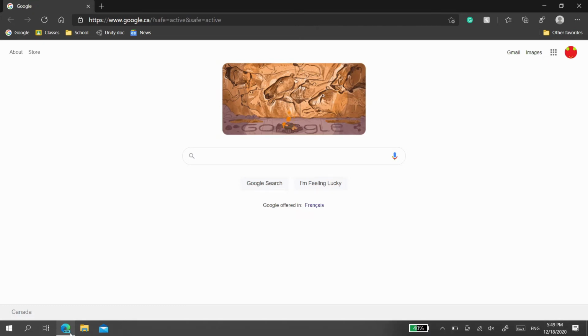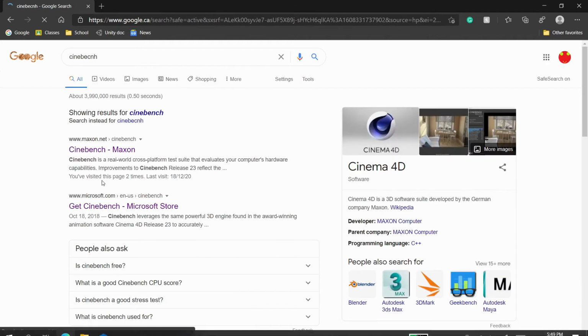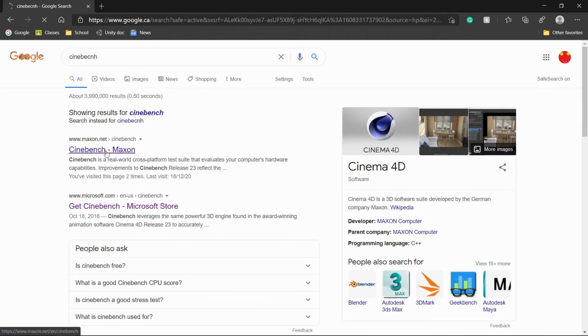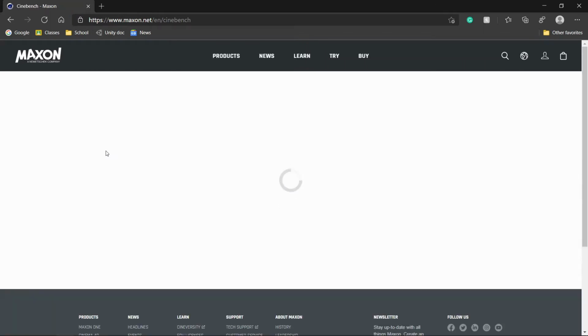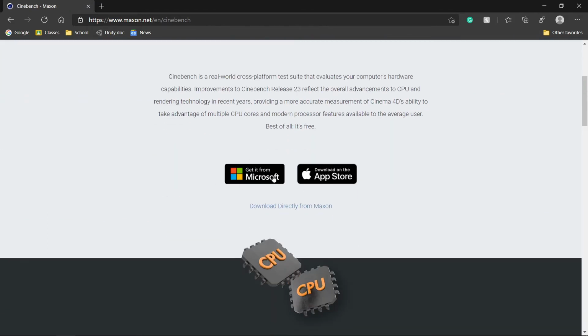So to do that, you just want to go ahead and search Cinebench, and then you just want to go over and to the first site. As you can see, the second site, the Microsoft Store. So I'm not actually going to do that, but I'll just show you guys how to get to the site so you can actually download it the regular way if you'd like. So you just want to go down here, and then here you have your three options: get it from Microsoft, download the App Store, or download directly from Maxon. So you just want to click download directly from Maxon,